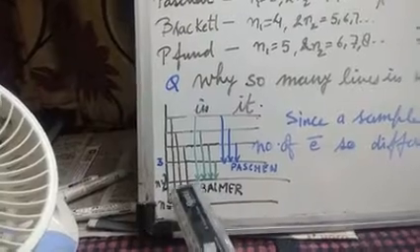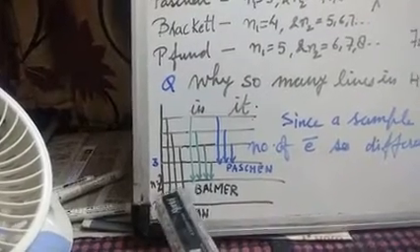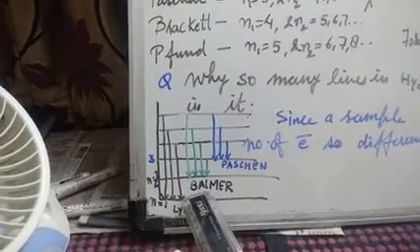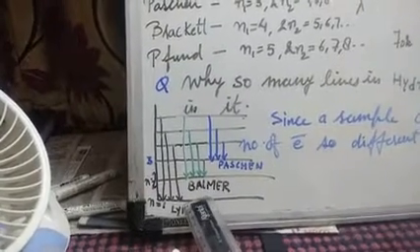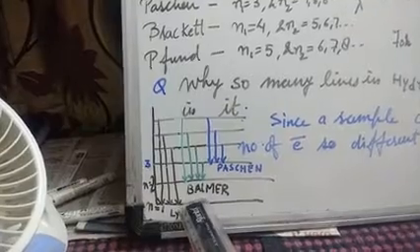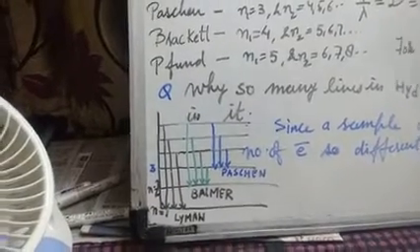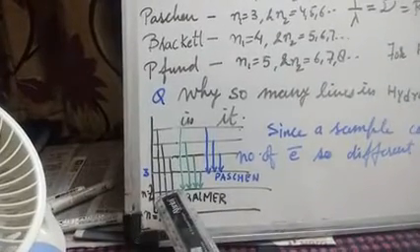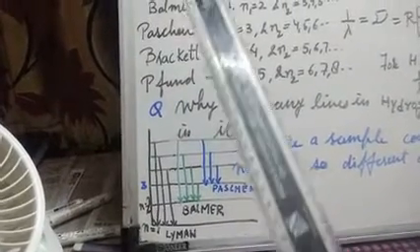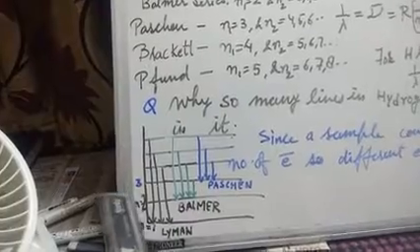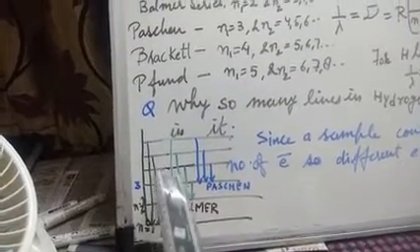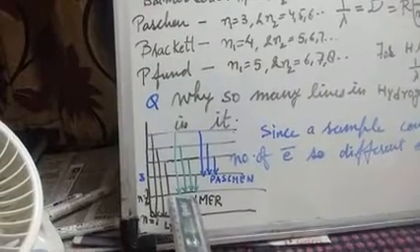Similarly, in the case of the Balmer series, you are observing, students, the electron is ultimately reaching which level? N is equal to 2. So here for Balmer, N1, the ground state for the electron, I am saying, N1 is the ground state. So N1 for the Balmer series is 2 always, and on excitation the electron can move to any level. That's why it is returning back to second from 6, from 5 also it is coming back to second, from 4 it is coming back to 2, from 3 also it is coming back to